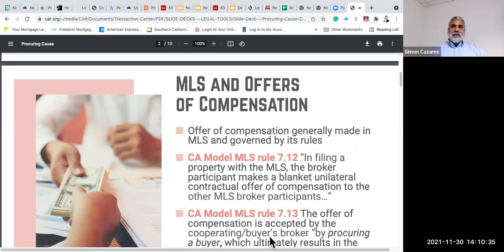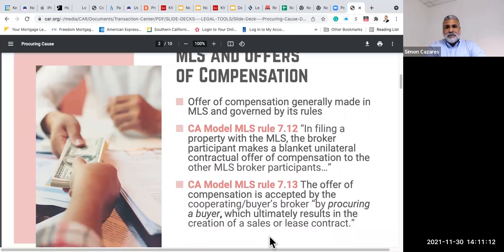When you scroll down on the multiple listing service, you'll see on the bottom where it says compensation, you'll see a flat fee or a percentage. Typically, you'll see the percentage, right? 2.5% or 3%. Or maybe you'll be one of the lucky agents that sees it as a bonus and they're offering more than 3%. I've seen 5% as a bonus if you can close at a certain time frame. So that's where we have to navigate who is responsible for paying on a procuring cost claim.